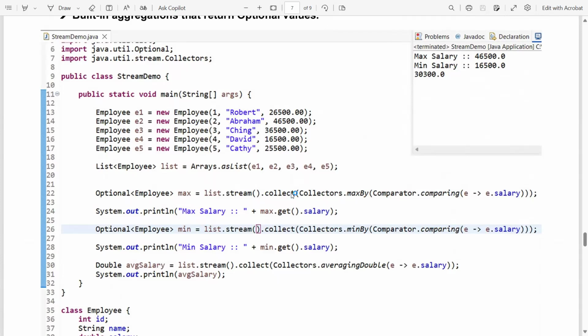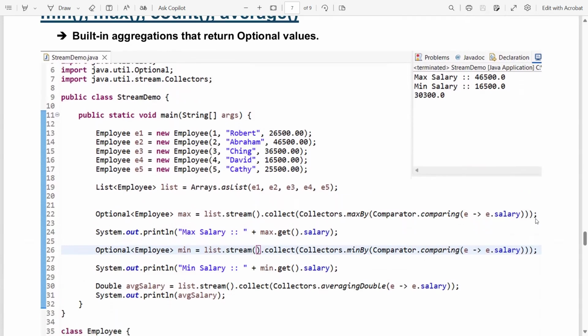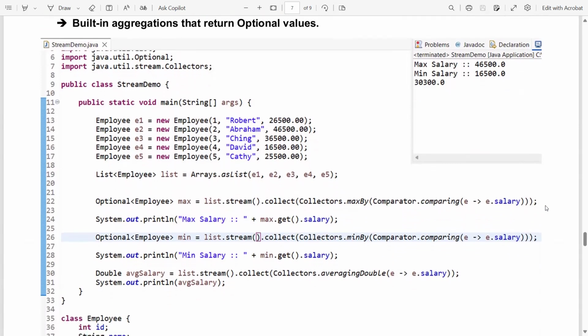Here I am comparing using Collectors.maxBy. Here, who has the maximum salary? I am comparing who contains the maximum salary by the maxBy method. Here I am taking, based on that, the Comparator interface's comparing method. Here I am comparing every employee's salary to see who contains the maximum salary. Okay. After that, it will perform on string operations. So that's why